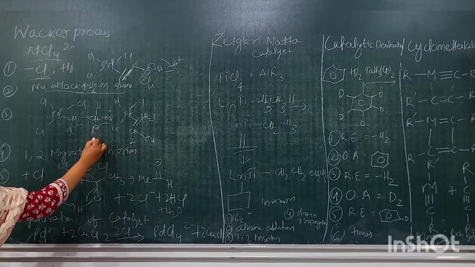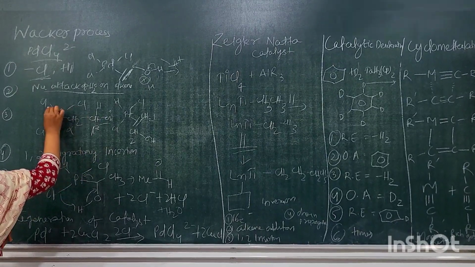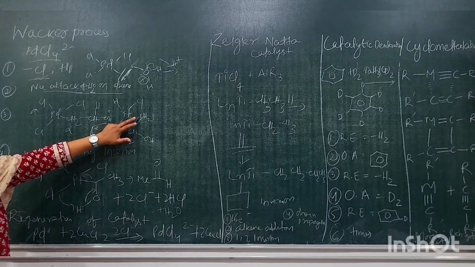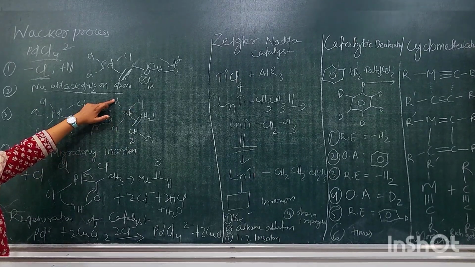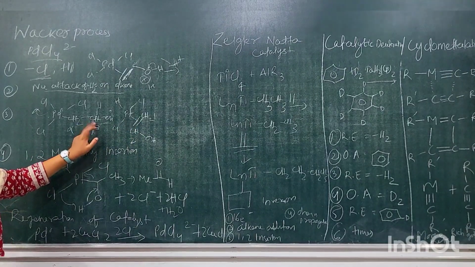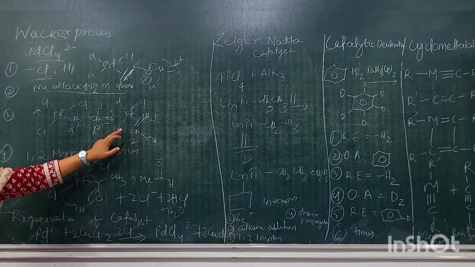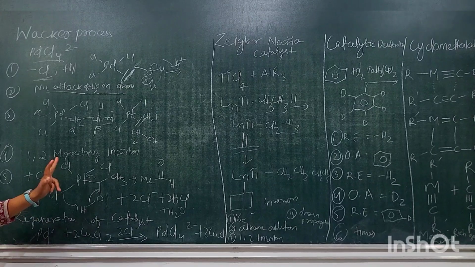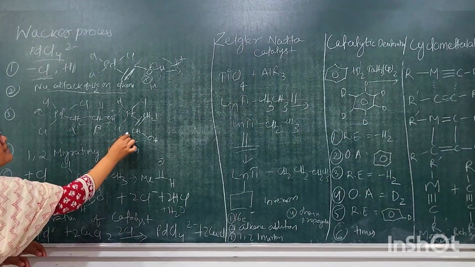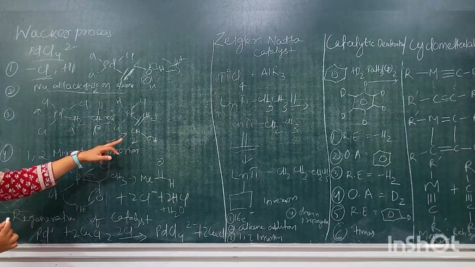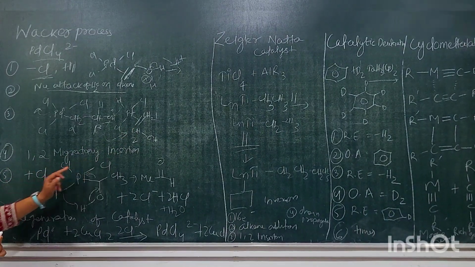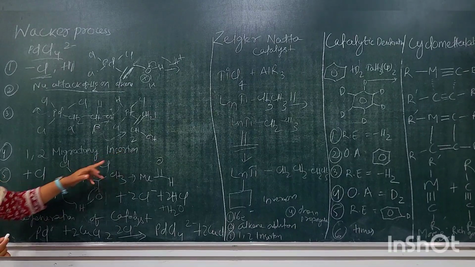After this, in the third step, the beta hydride gets eliminated, and one Cl simultaneously gets eliminated. So this is the product, hydrogen and alkene. Here the beta hydrogen got eliminated, and after this, through 1,2 migration, the hydride again attacks the second position of the alkene group. This is 1,2 migration, migratory insertion.